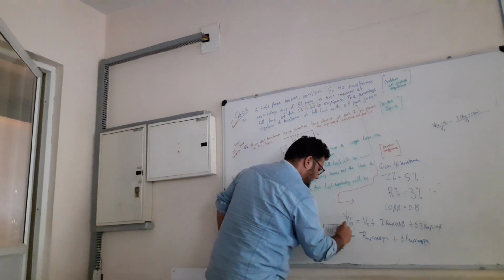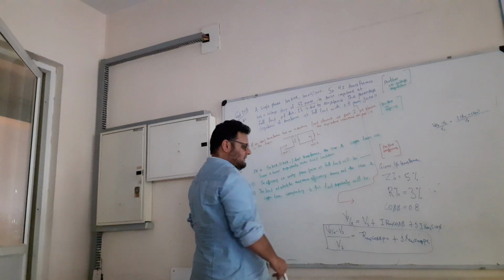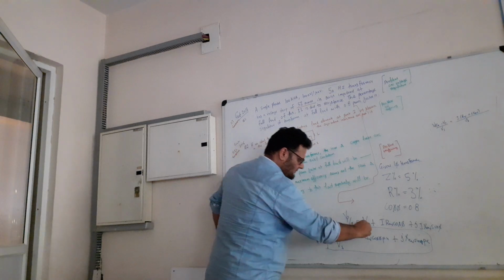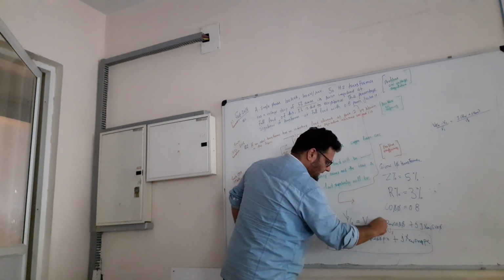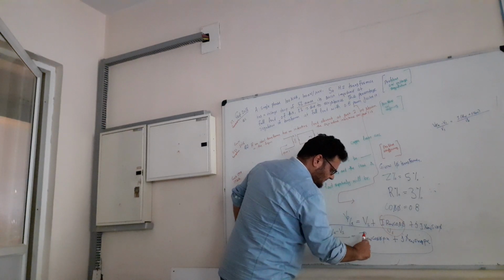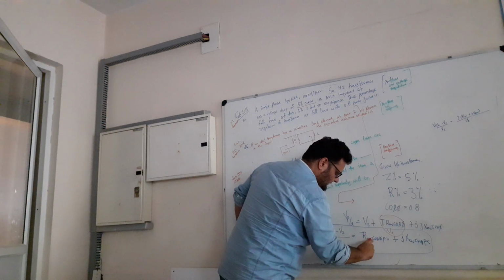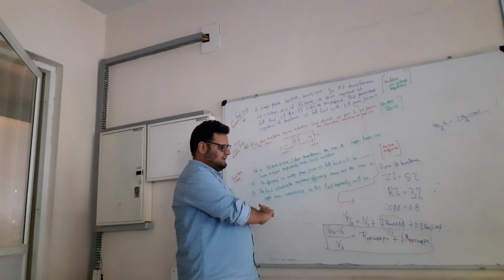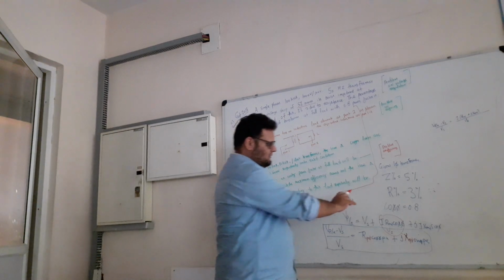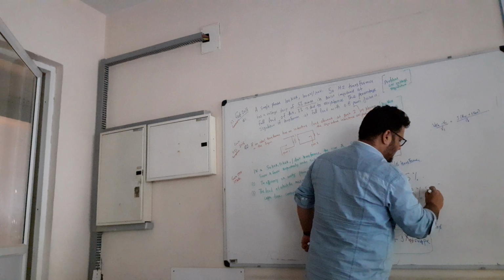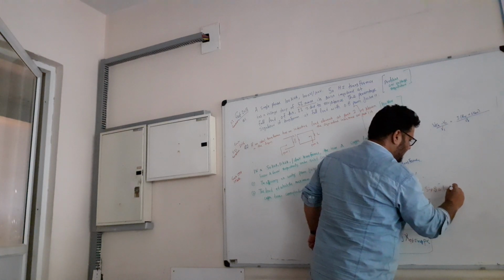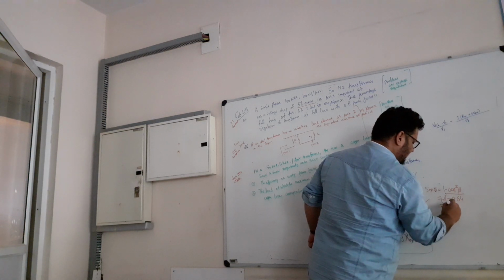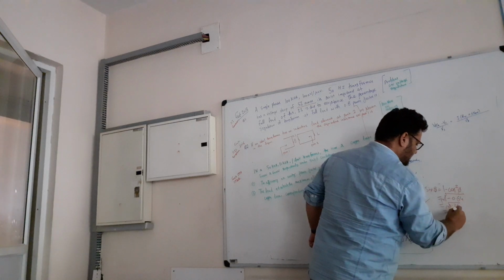This formula we have to remember. Voltage regulation: because Vp by A minus Vs goes to this side, divided by Vs, Vs will come here, so it comes as R per unit, and similarly here it will come in terms of per unit. This is the simple formula. Here we have to substitute cos phi 0.8; sin phi will be the square root of 1 minus cos square phi, that is the square root of 1 minus 0.64, the square root of 0.36, so sin phi will be 0.6.